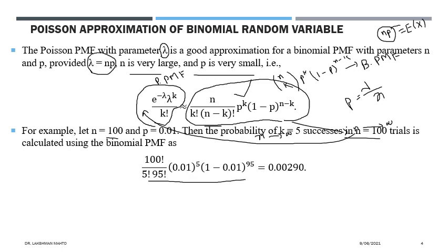But all these are taking time, it is not just one click. Again you have to find the power of 0.01, and then 0.99 will come to the power 95. If you look at this from a computational perspective, this computation will take time. You can notice that when doing the calculation on a calculator. And that probability comes to 0.0029, a very small probability.